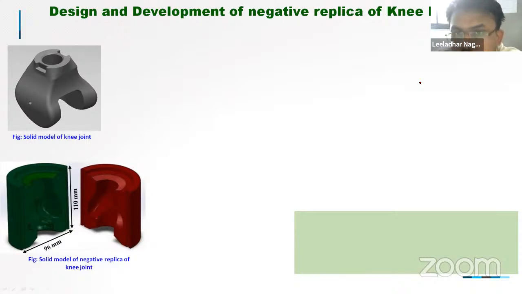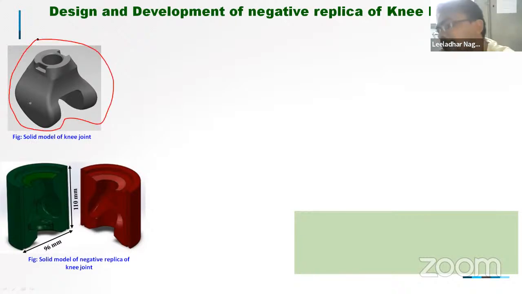replica. Negative replica means we will have this particular solid model of the knee joint. Basically, we have gone through reverse engineering. Suppose I have this joint and I want to finish this particular knee joint, but I don't have a proper holding arrangement, proper fixing arrangement for this knee joint. So we have gone through reverse engineering. We have scanned this particular model, and